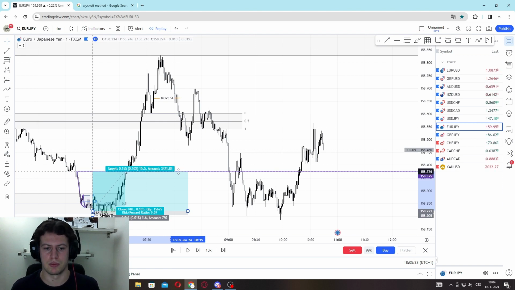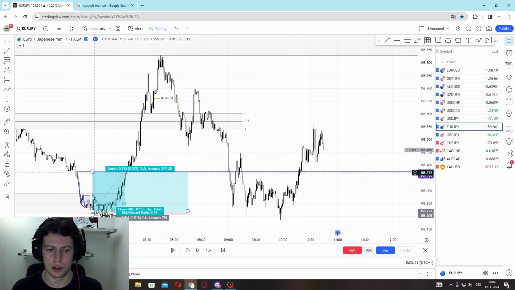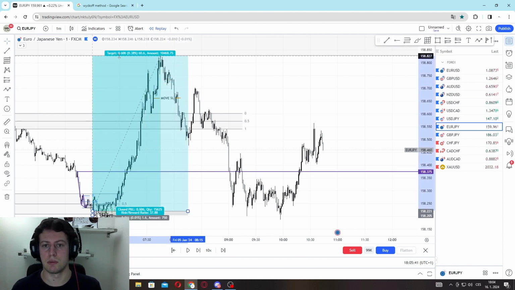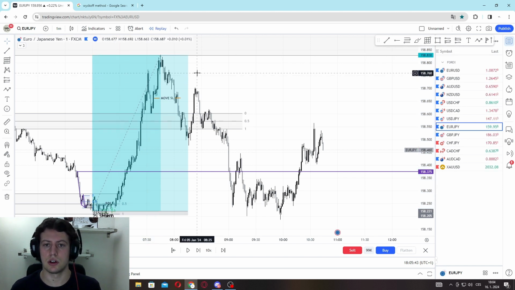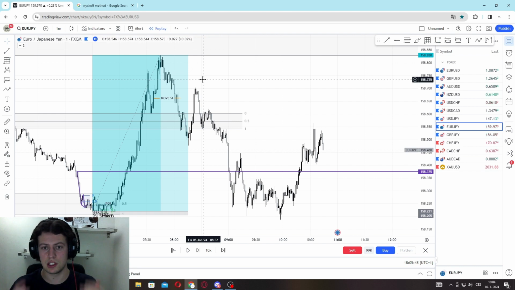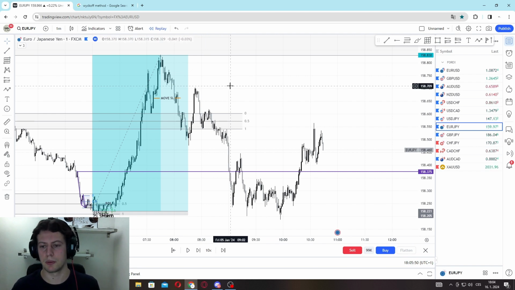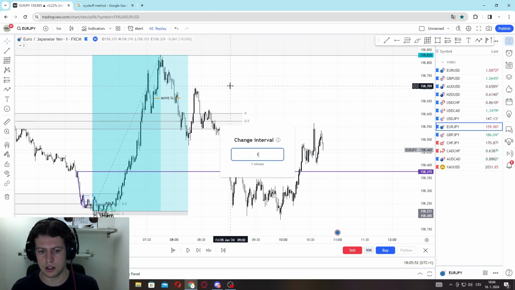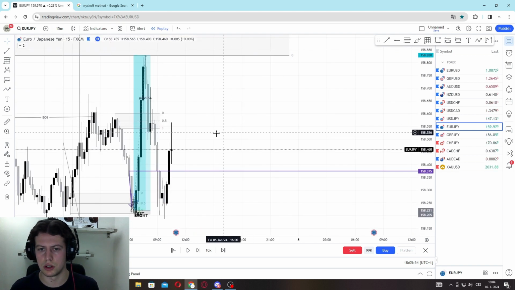or put like 1.2% risk in your risk management. So it's up to you, but I just show you where you can possibly aim. Like right here you can see that also I wouldn't go to the full TP, but at least something. So, and I think that it went to